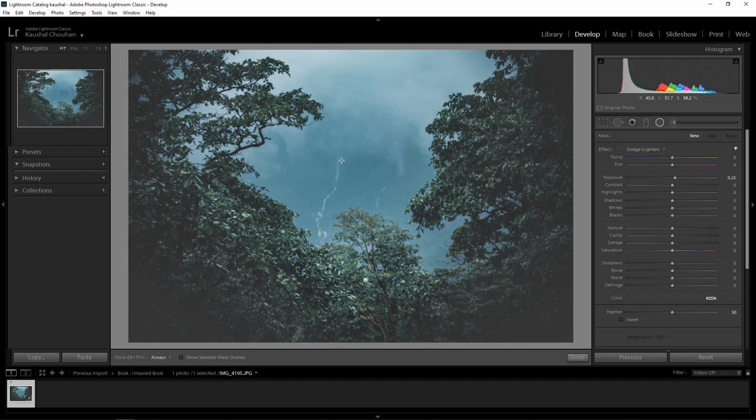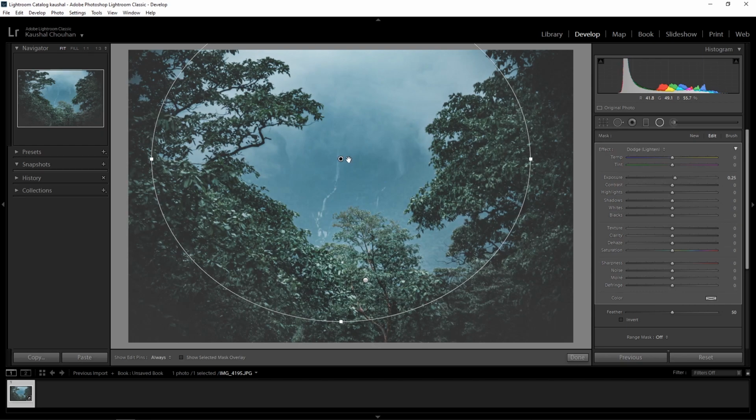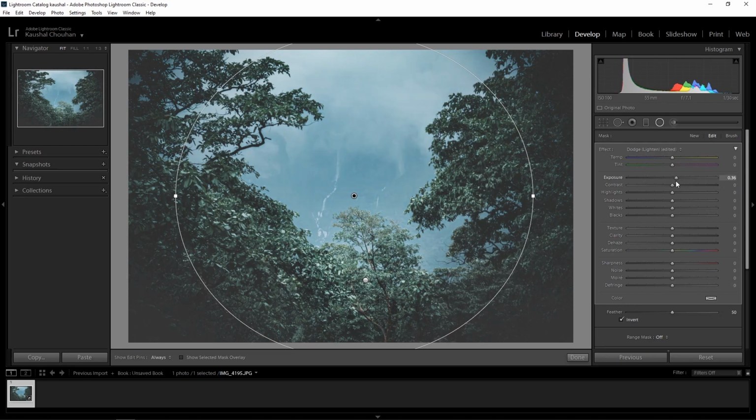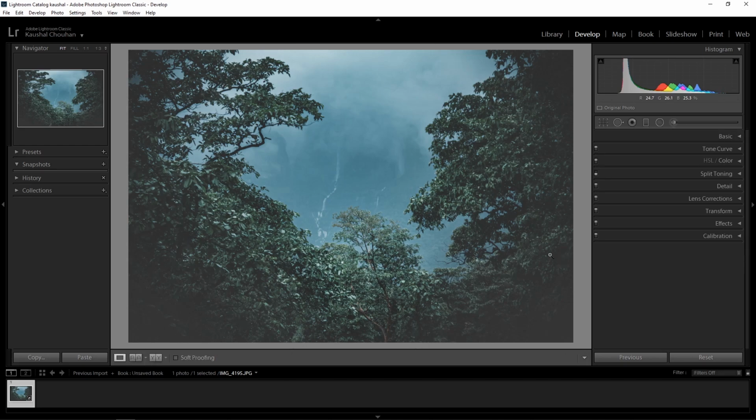Now for the final effect, add a radial filter in the middle of your image like this. Click on invert and make it a little brighter, just a bit. Decrease the highlights. Okay, now it's done.